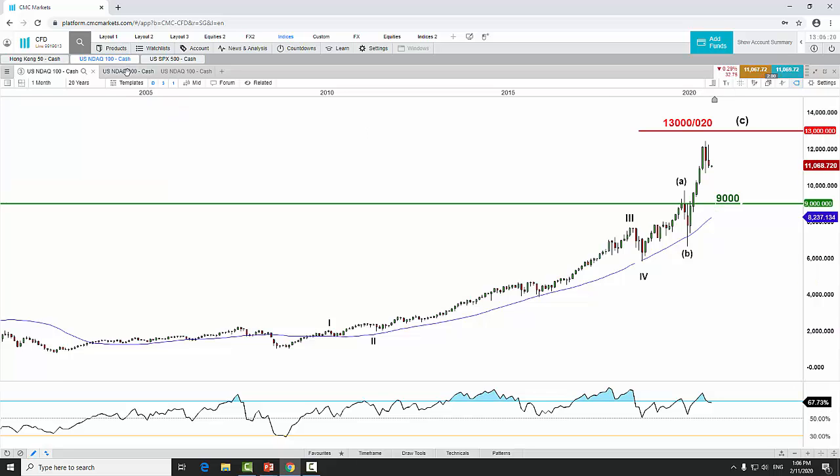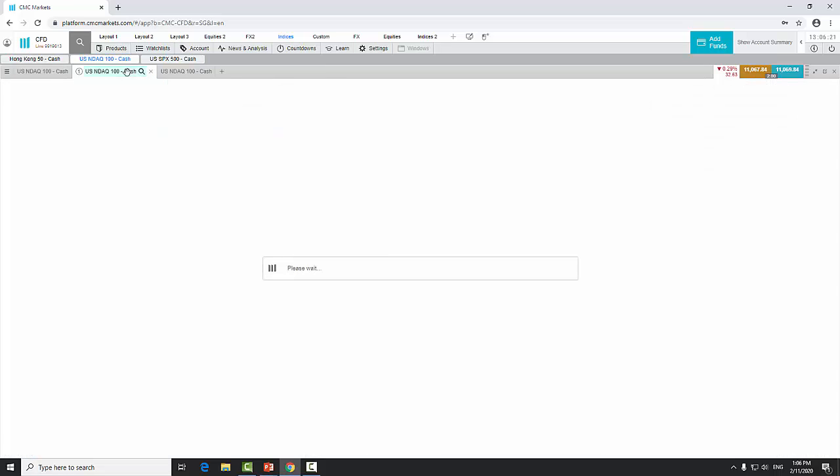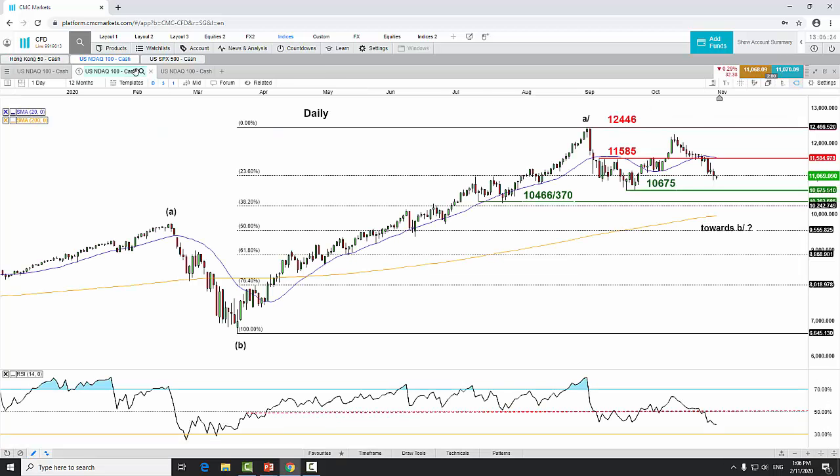All right, now go on to the daily chart. Some key elements I want to highlight over here are pretty much similar to the SPX. The 200-day moving average is coming as support at this 10,370, and also has confluence with this 10,466, which is